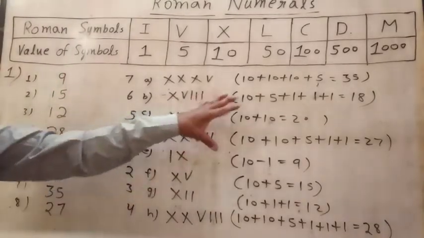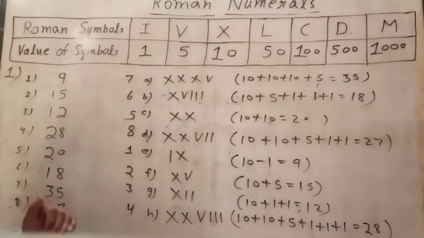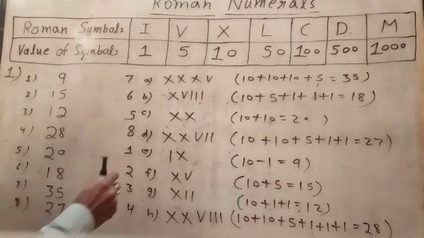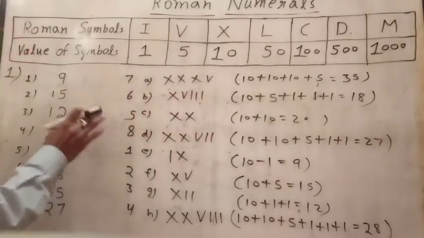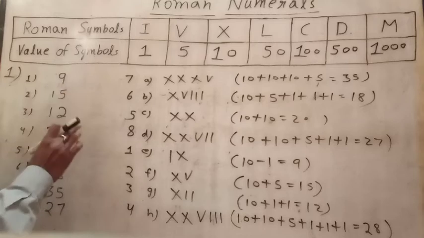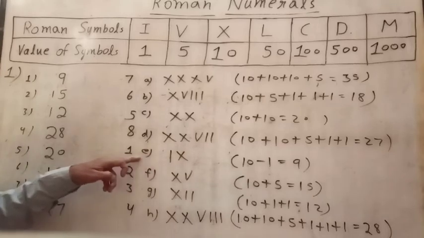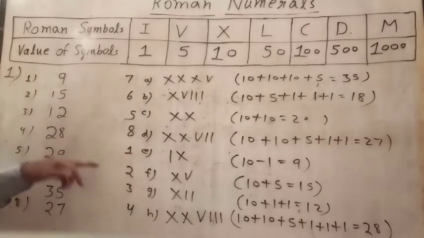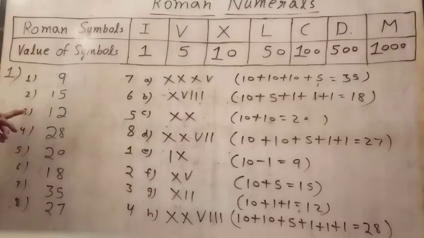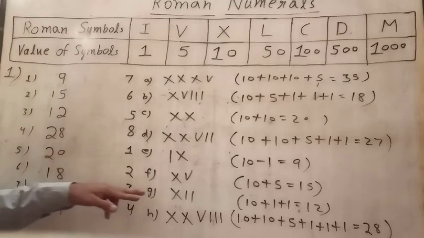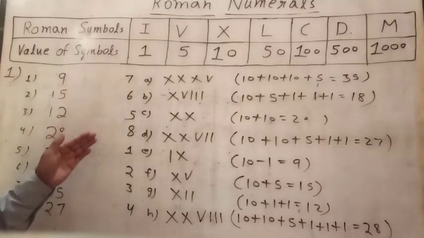So, why have I done this? To make the match the following easy. Clear? And you can do directly also. If you can do the calculation in your mind, you can do directly. You can directly match it. And you have to do it in your book only. Clear? See, 9, E. Clear? 1, E. 15, 2, F. 12, 3, G. Clear? So I have done the numbering.